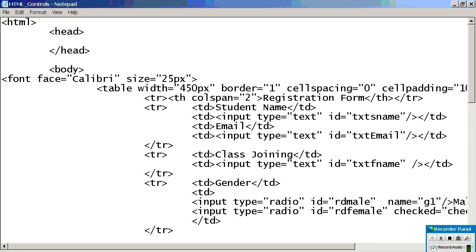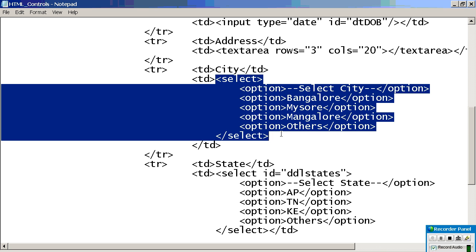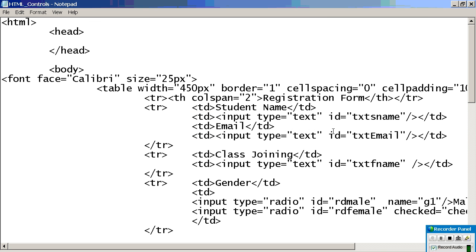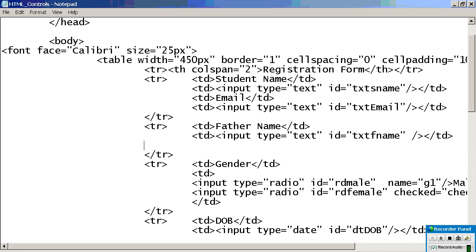External. Class January. We can go for select option like external. Let's then select. I'm adding two more columns.